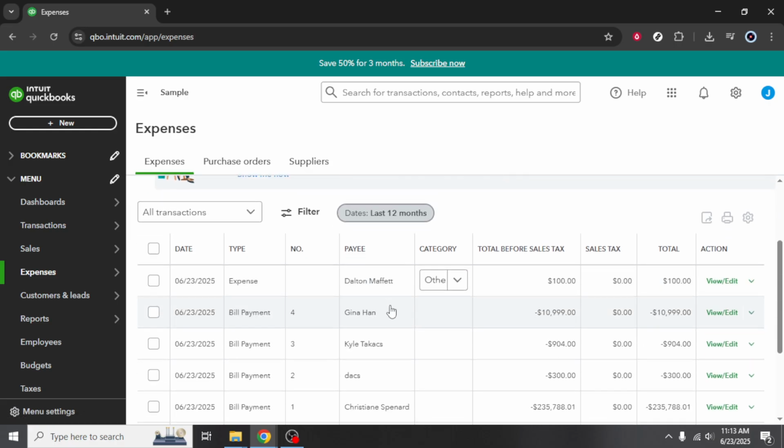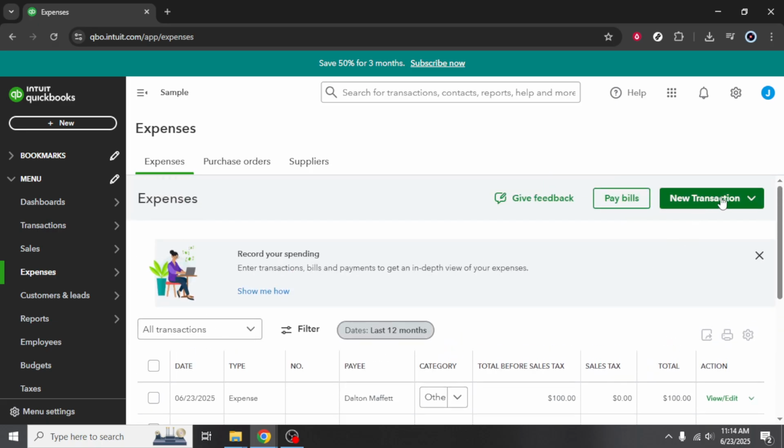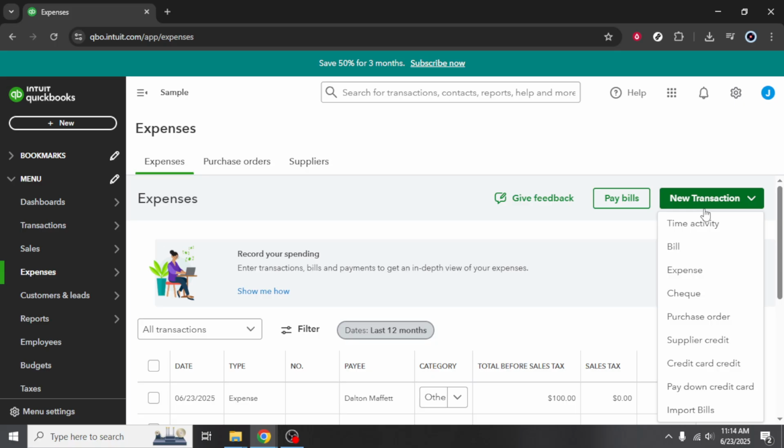Next, look for the New Transaction button. Clicking on this will reveal a drop-down menu. From this menu, select Expense. This option allows you to manually input any spending that's occurred which isn't automatically pulled in from bank feeds or